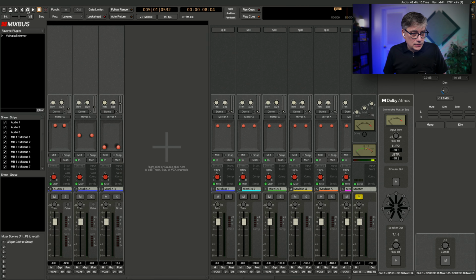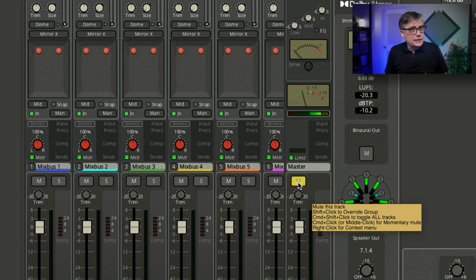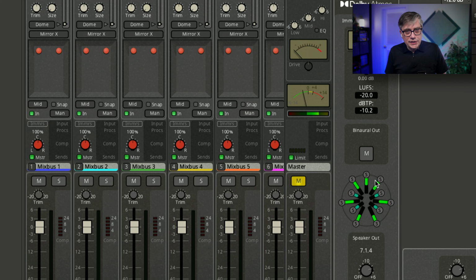And those should now be correctly routed into Ground Control Sphere, because that's the way we set up Ground Control Sphere. So let's have a listen if that's actually correct. Let's play the audio again. And now that I've routed everything correctly, I can actually unmute all three outputs. So I can also unmute the stereo output, and it's not going to change the audio at all, because I'm currently listening to the 7.1.4 signal downmixed to binaural.